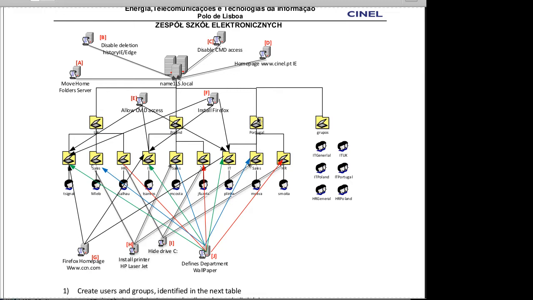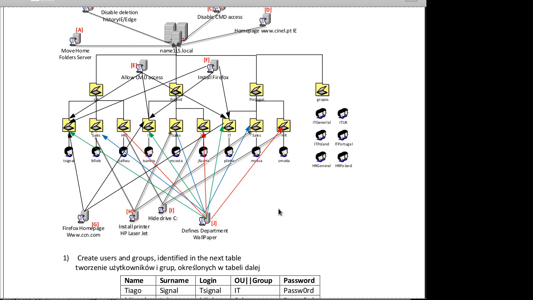Group policy objects are policies that are applied directly to the main root of the Active Directory structure or directly to the organization units. They are the same, but the impact that they have on the clients might be a little bit different